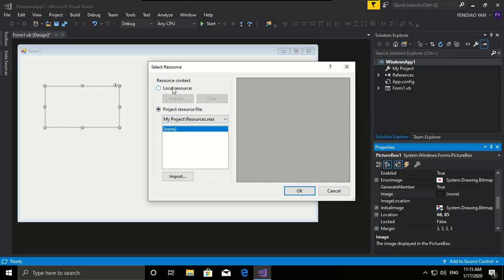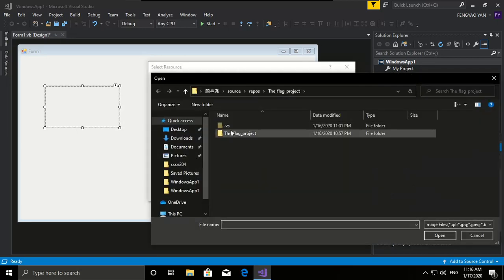But if you select import local resources, and the pictures are scattered around your computer, when you move your picture folder the project might not be able to find the pictures. So it is always best practice to choose the second, project resource file, and then you click import,